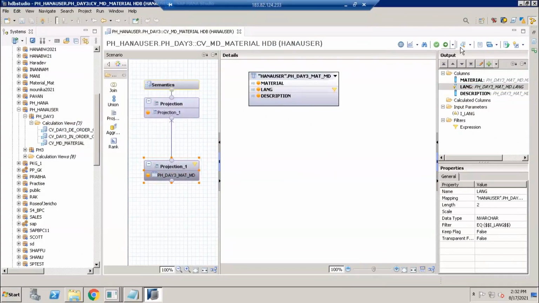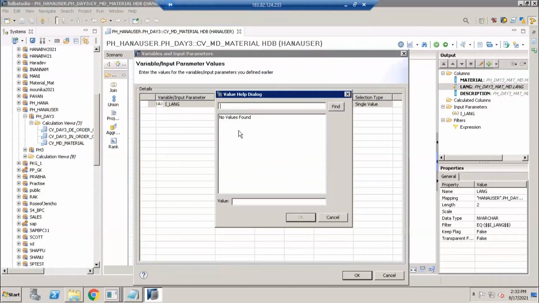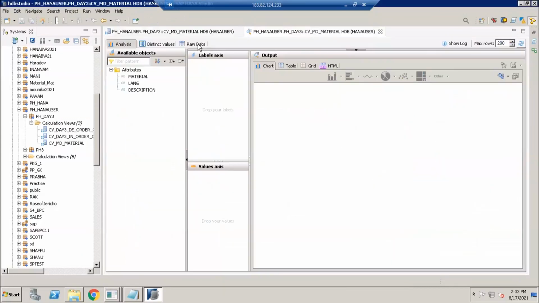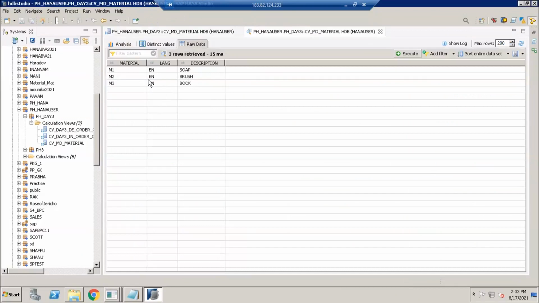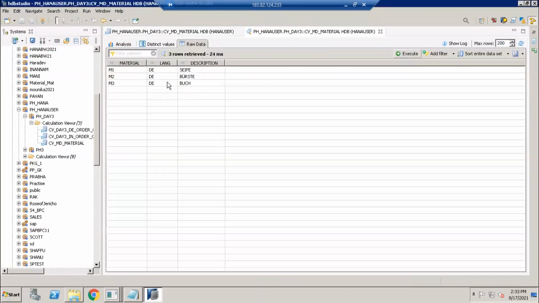While executing this CV, the system will prompt us for the language. If I go to the F4 helper, it is not fetching anything. If I give EN here, click on OK, raw data. Now you see, I get only EN data. For example, if I refresh it again and give selection as DE, click on OK, then it gives this information.